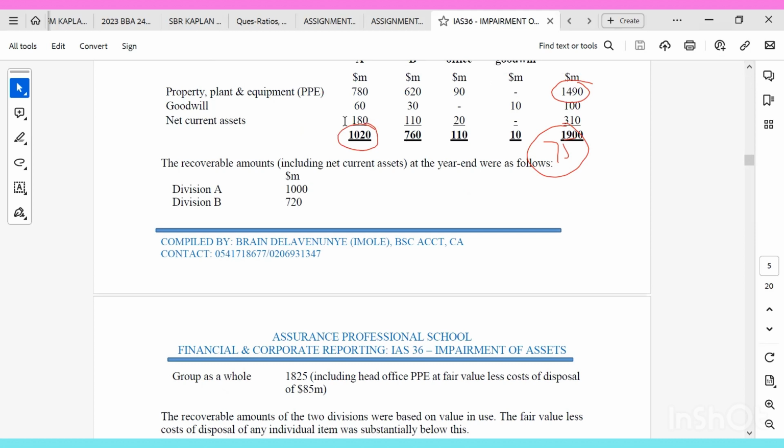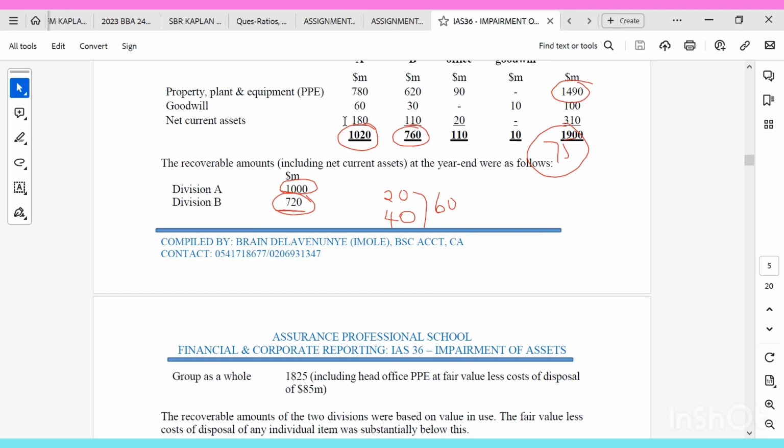The carrying value is 1,020, but their recoverable amount is 1,000. So that means this one has impaired by 20, isn't it? All right. For division B, the carrying amount is 760. The recoverable amount is 720. That means it has impaired by 40. So the impairment of 60 will be relating to the